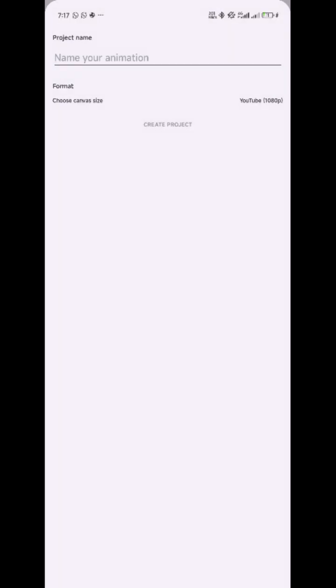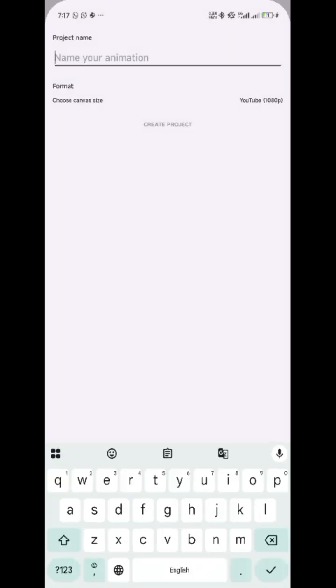You come to this plus sign at the bottom, and you create. Now you can name it whatever you want. Today I'll be calling it tutorial